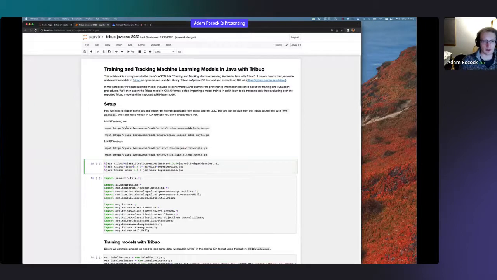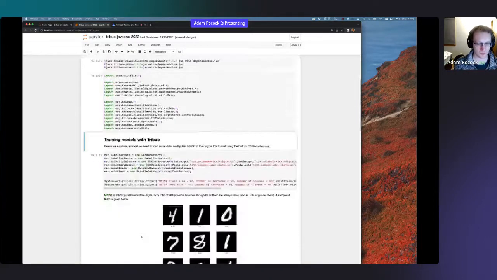So we're going to operate, and we're going to run through a quick classification system on a data set called MNIST, which is handwritten digits. I'll explain in a little moment. This setup stuff I've already done. The first thing we have to do is load in some jar files. We have to point it at the class path, and then we're going to import a bunch of things, which I'm not going to talk about too much.